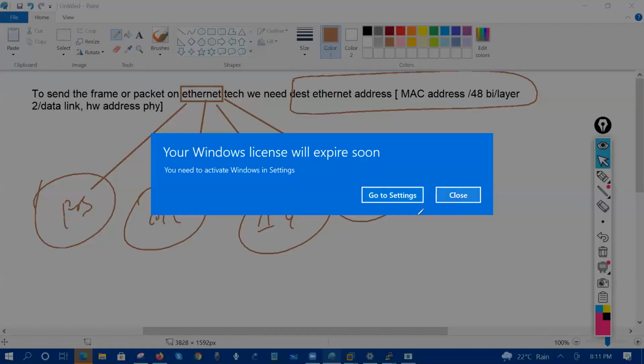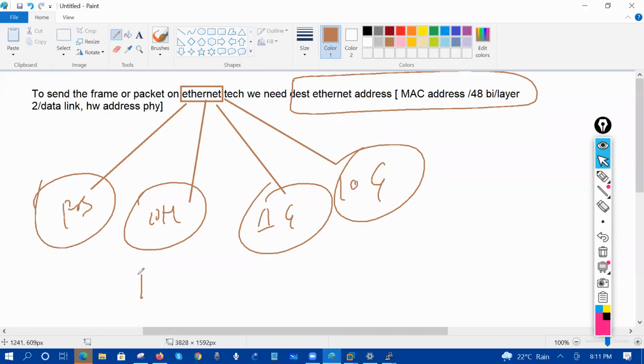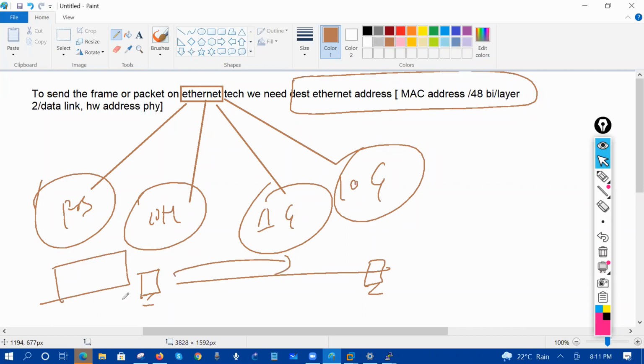So whenever the PC will send a packet, right? Whenever the PC will send a packet to a different PC, what happens? First, it will perform the ARP lookup. Hey, do I have an ARP entry for the destination? If you have, send the packet. If you don't have, generate the ARP request,